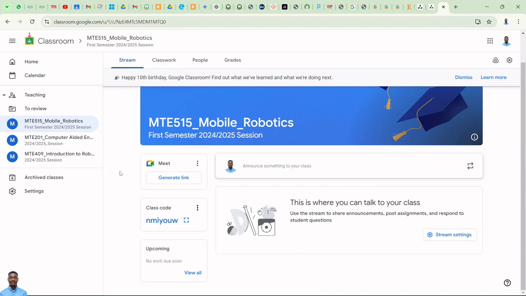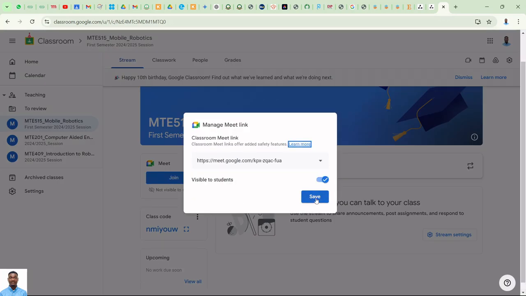So how do you now set up a Google Meet on your classroom? Here is where you have the Meet. If a class is being created for the first time, what you are going to see on the top right here will be the class settings and the class drive folder. But when you generate the link for the Meet, once I click this generate link and I click on save,